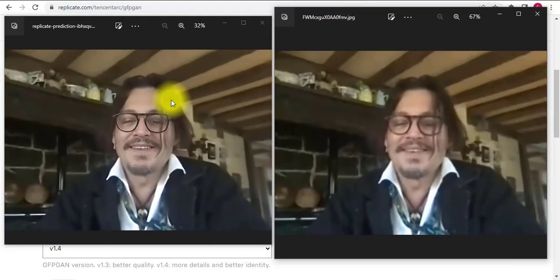Right, guys, you can now see the before right here, and you can clearly see the after, and you can clearly see the difference between the original image with a very low quality and the AI transformed image right here. You can see how that looks, guys. So this AI tool will help you